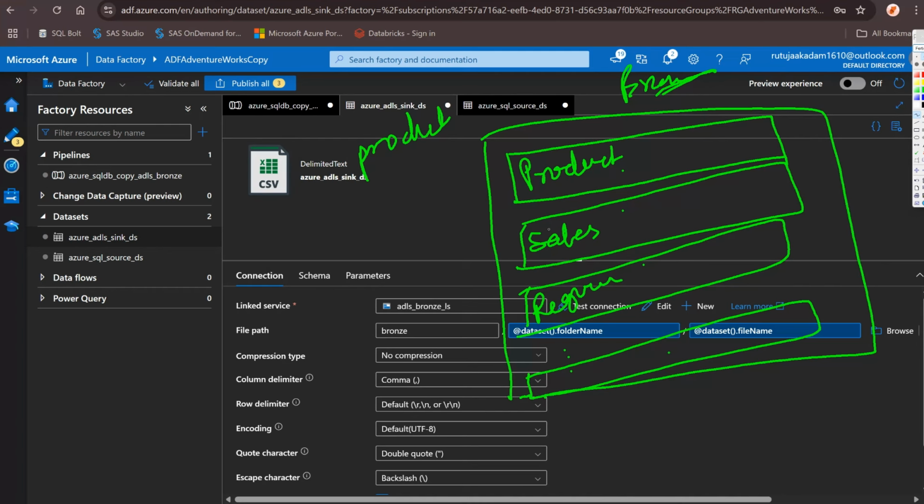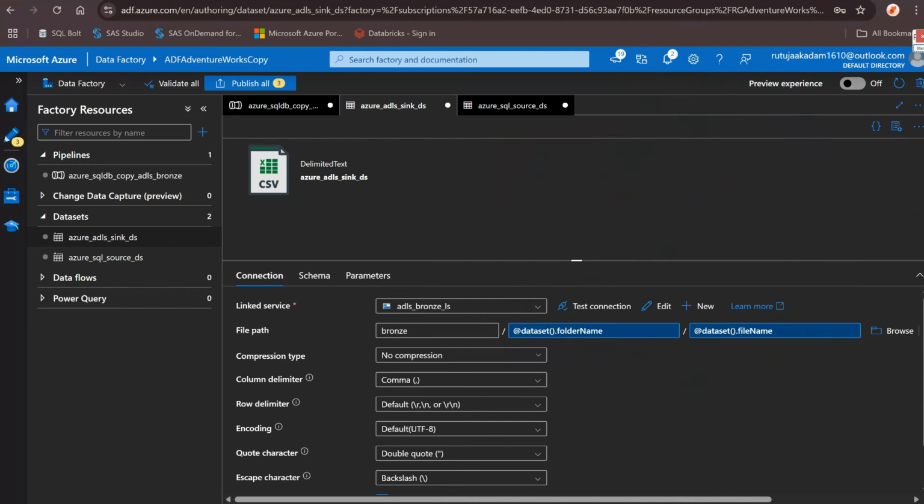This folder creation, as per the table names, will be done by this variable, this parameter which we have set here. And in this product folder, there will be a product.csv file, and here again we will have a sales.csv file. So under these subfolders there will be our CSV files, and those CSV file names will be created by this dynamic parameter, which is dataset.file name. For that logic, we have assigned these 2 parameter names over here in the file path. Okay,